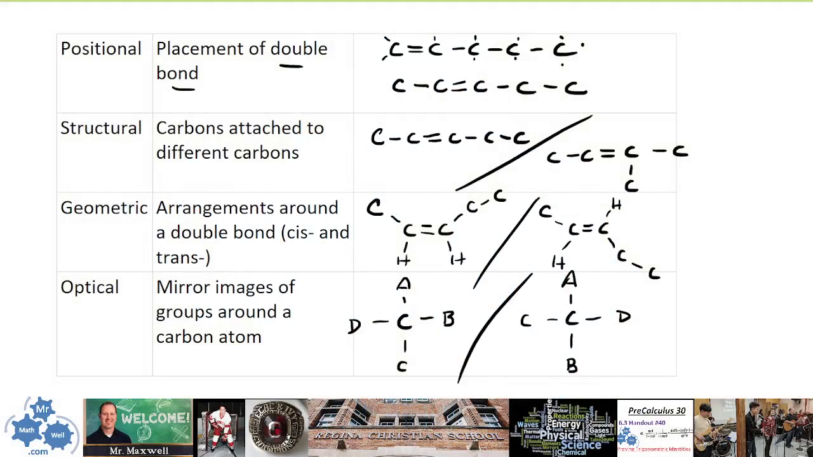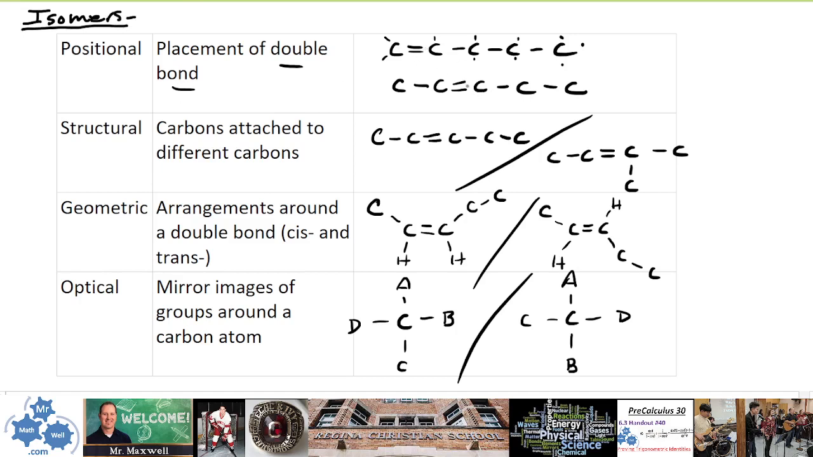Okay, so just as we talk about isomers here, this is a bit of a summary on the isomers. I have questions all the time about positional, structural, geometric, and optical isomers. So here's a bit of an explanation. Positional isomers were the first one we talked about, and a positional isomer is where the placement of a double